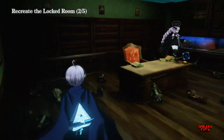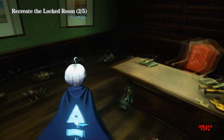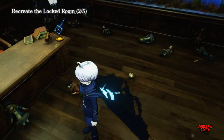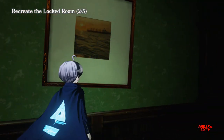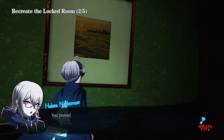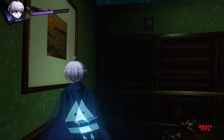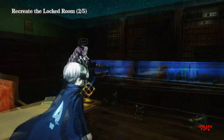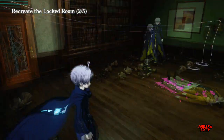Do I follow the order? Because it looks like it's just going from the door, to that, to that, to that, and finishes off with the corpse. That's what I'm assuming. No, there's no need for the line to go there. You proved that yourself already. Now we're at 50% health, I think. Is there anything else around here besides that? If not...